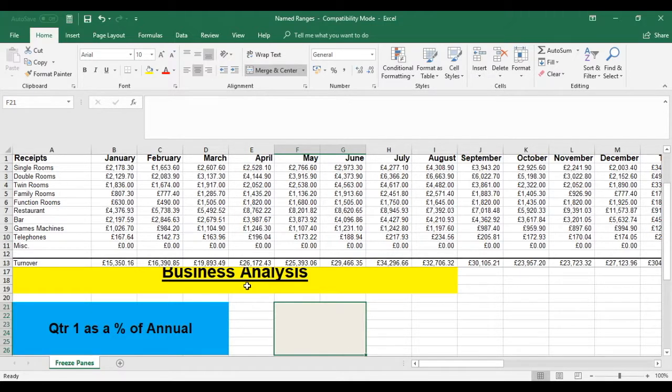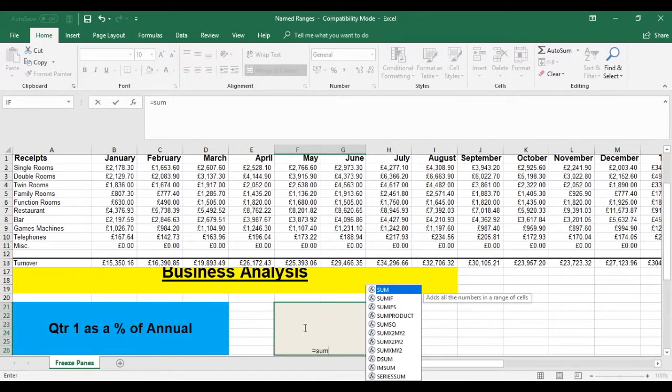So what we want to do in this case is find out the total of quarter one, so the sum of quarter one, and then as a percentage of annual, divided by annual. Now annual doesn't need a sum against it because that's going to be an individual cell. So any individual cells, Excel can cope with. If you're naming ranges and blocks of cells, you need to tell Excel what to do with it. So quarter one is a block of cells. We're going to use the sum function. So the sum of